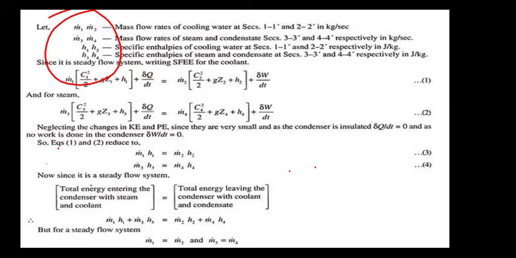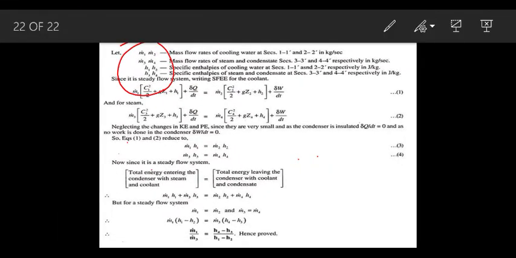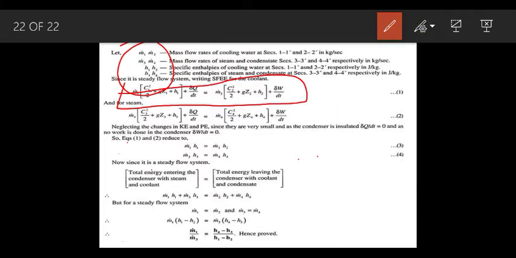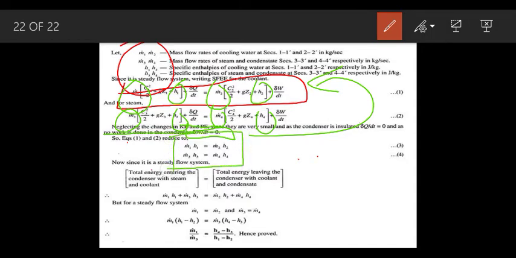Now when we substitute the values of kinetic energy and potential energy, see here it is represented neglecting the change of kinetic and potential energy. I have explained why we have neglected them, and work done we have also taken as 0. So when we substitute, everything gets removed. Only the m value, the mass, and the h value will remain. That value is represented over here.